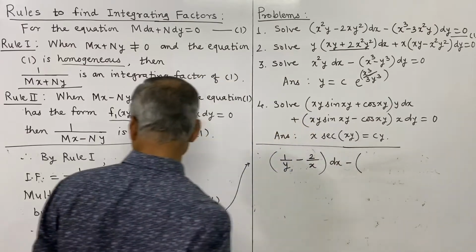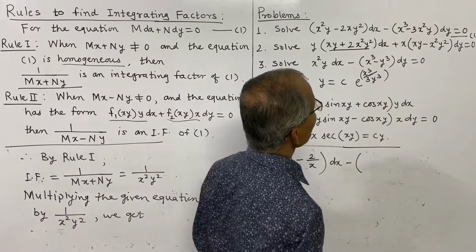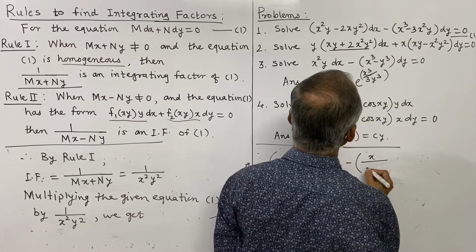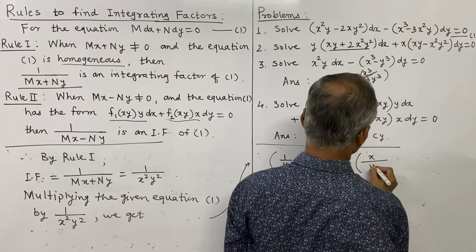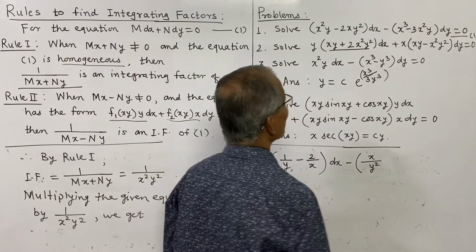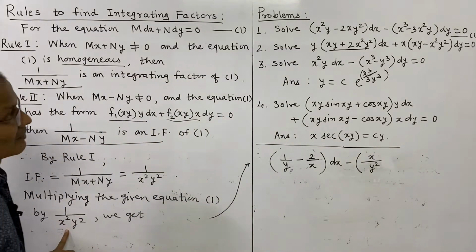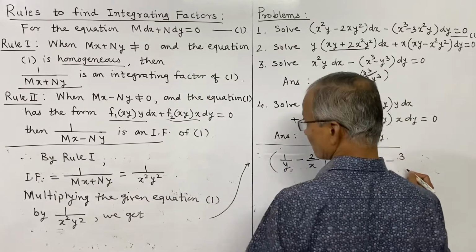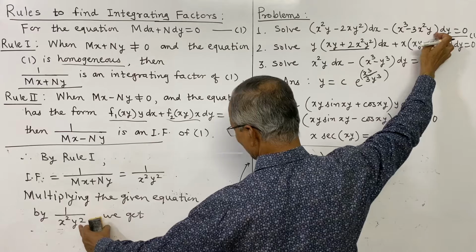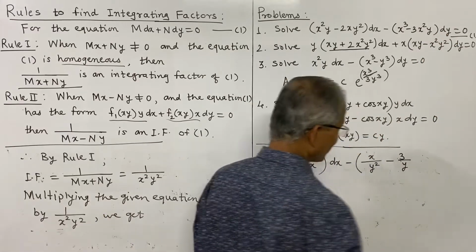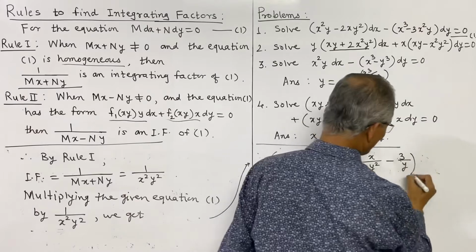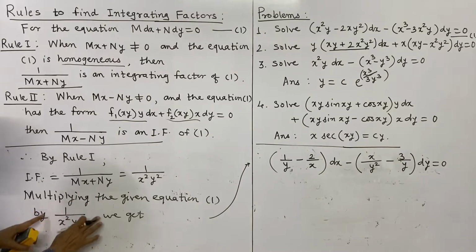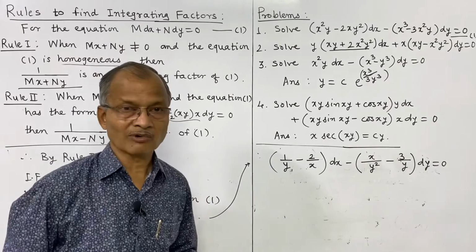and minus, in the bracket, multiply this also by x square into y square, and one term of x remains in the denominator. See, it remains y square. Let me check it: x cube divided by x square y square, that is x divided by y square, minus here 3 remains, x square cancels out, and y divided by y square is 1 upon y into dy is equal to 0. So the given equation becomes like this. Multiplying by this integrating factor, the given equation is converted into this form.